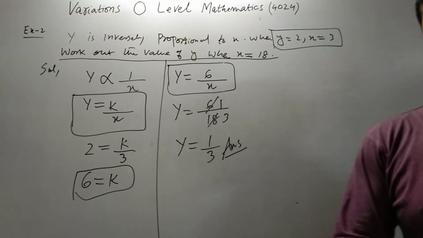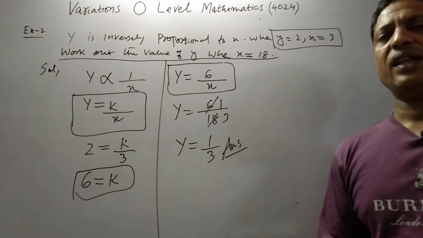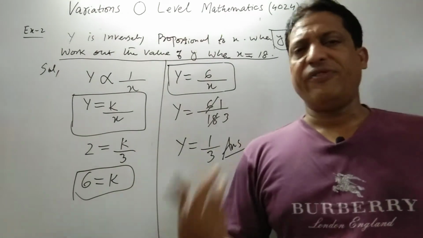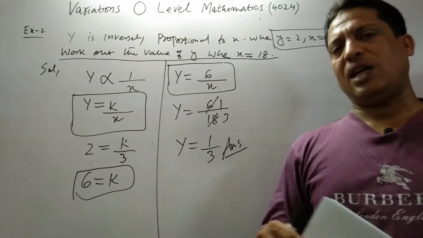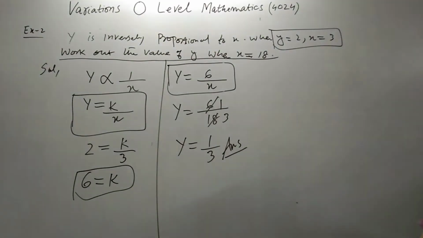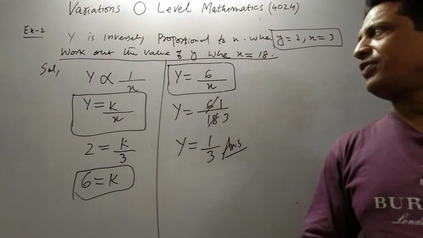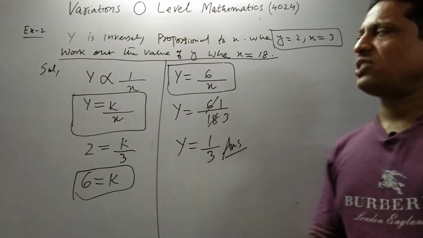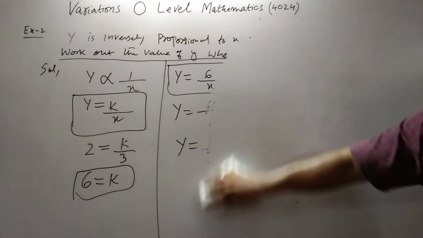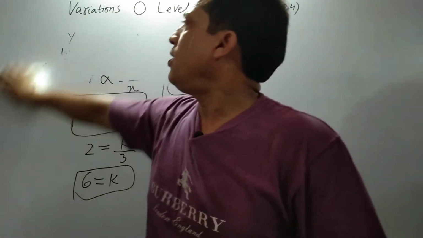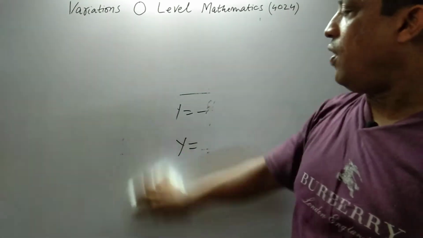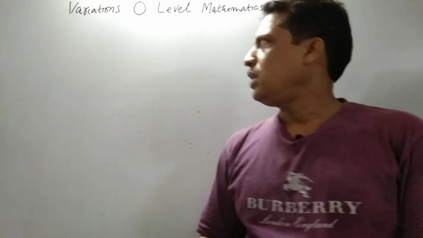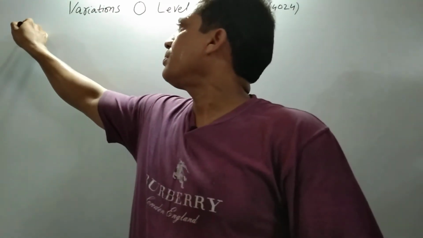So students, this is our definition of variations, direct proportional, inverse proportional. Now we are able to start questions. After this theory, we can do each and every question of this topic, variations. See question number 1. We will do a lot of questions of this topic in order to gain complete command on this topic.